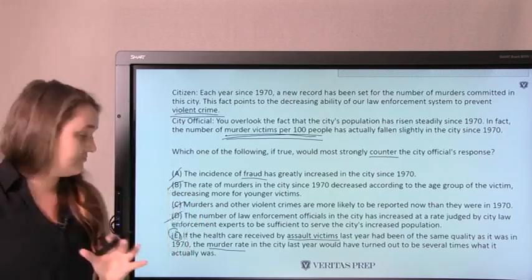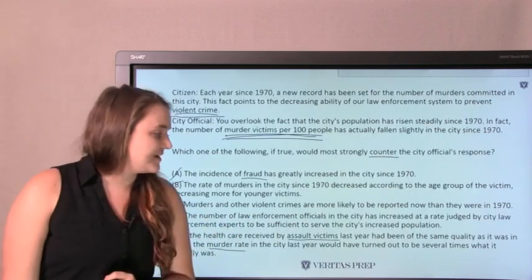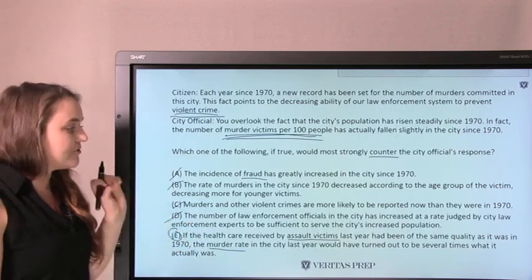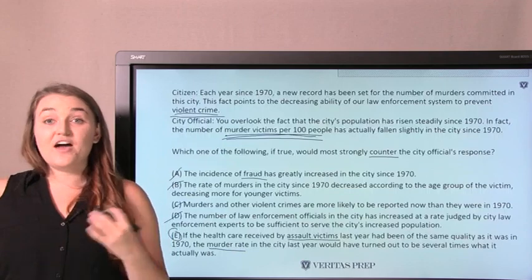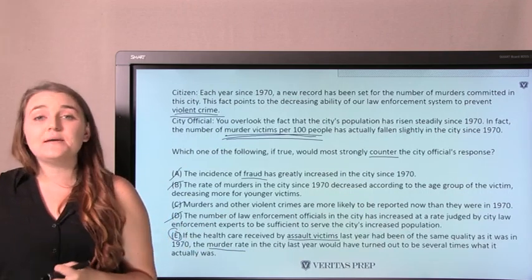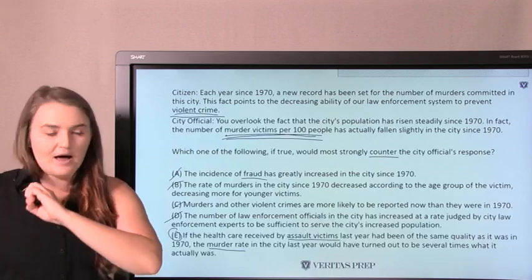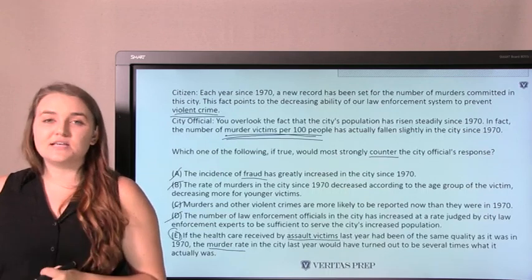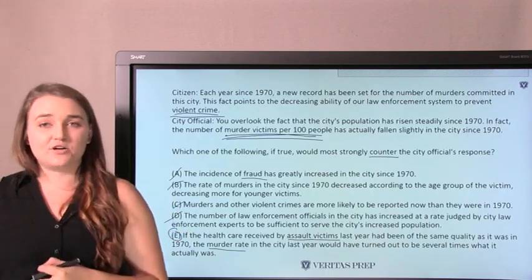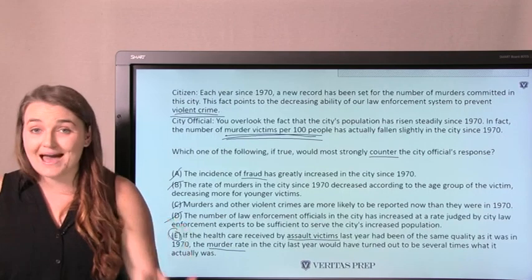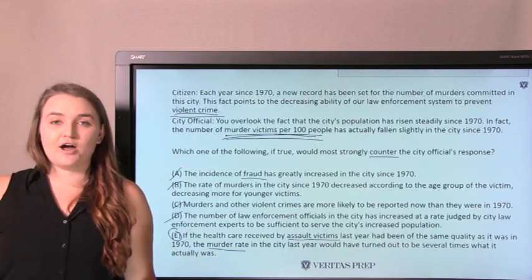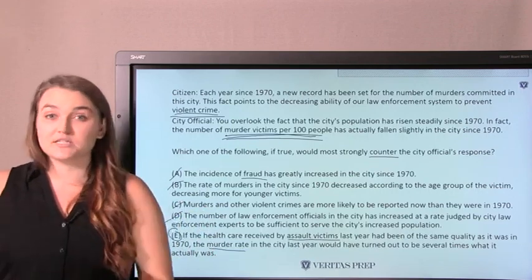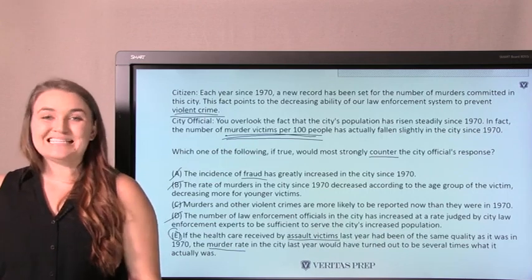Yeah, so let's talk through E. If the healthcare received by assault victims last year had been of the same quality, so if healthcare hadn't improved, the murder rate would have been several times what it actually was. So if healthcare hadn't improved, then the murder rate would just be above and beyond larger than it actually was, right? So this tells us that we're not better equipped to prevent violent crime. There's still a whole heck of a lot of violent crime happening, just less of that violent crime is resulting in murder because our hospital systems, our healthcare, our emergency responders are more well equipped to save those involved